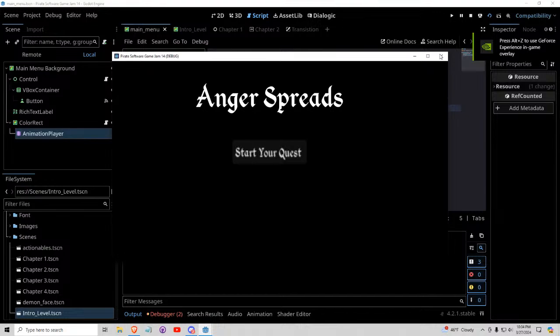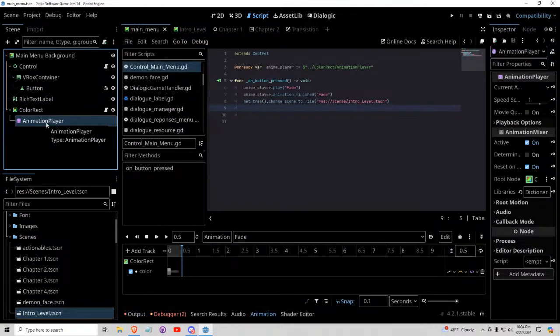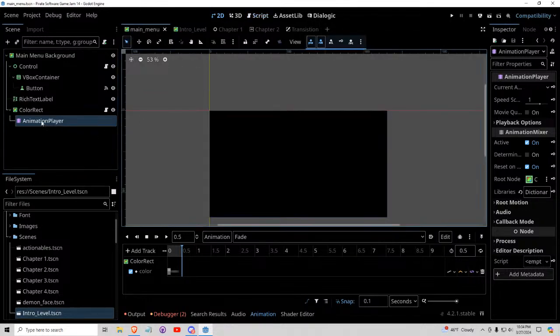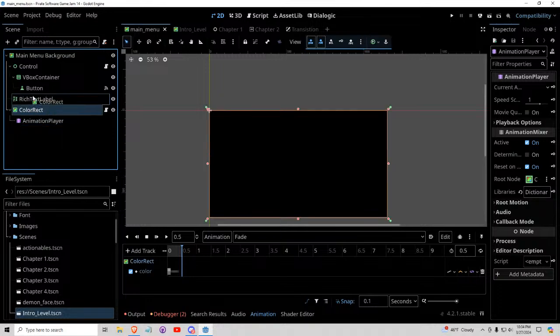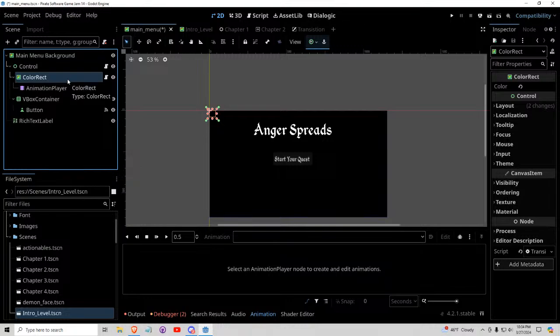Because it's right on top of everything, I can't use the button. But if I make the button, I believe that's correct, but if I make the button underneath it, right, I take this color rect and I put it here, then when